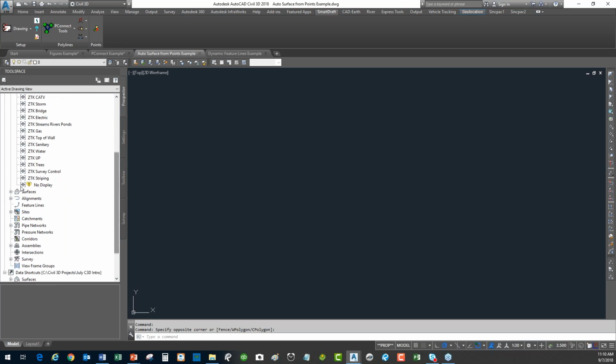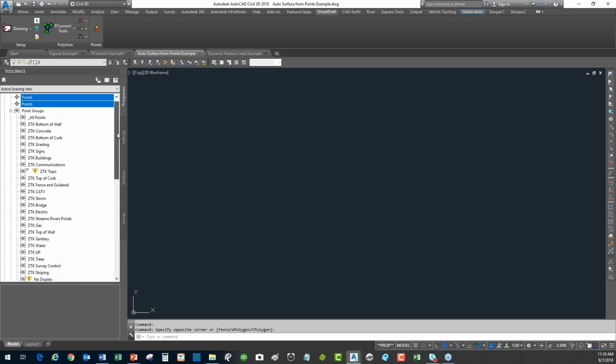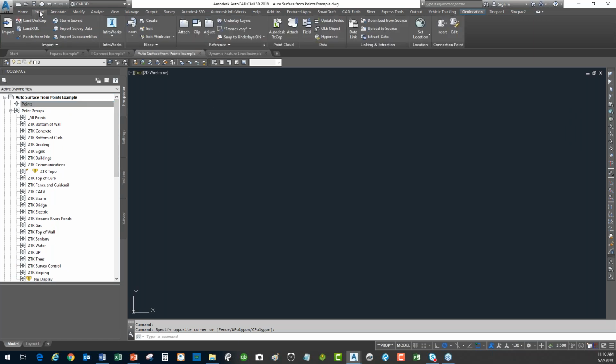And then that ZenTek Topo group has been tied, as part of the definition, underneath our existing surface right here, so that I can go in and actively add whatever in. You can see that if you go down here, I'm using the topo point group. So what does that mean? Once you've structured it all this way, it really comes down to just being able to go in and